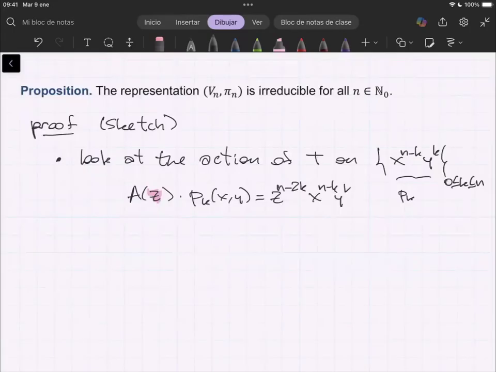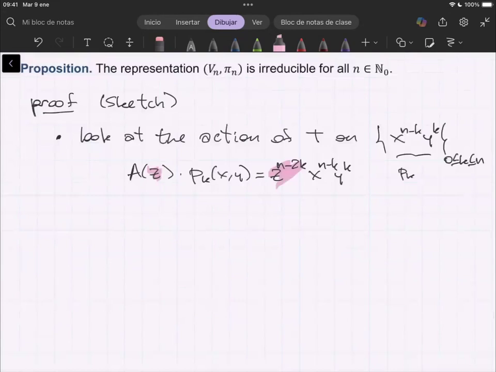Yes, so it is a scalar. So all these monomials are one-dimensional for the circle group. So in terms of all the weights. Yeah. So the thing is, an invariant subspace